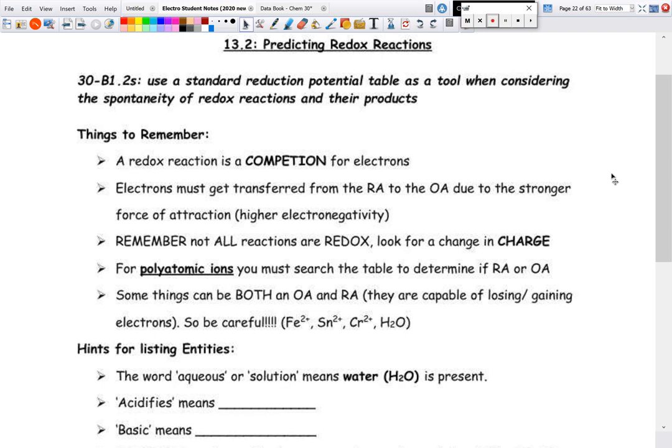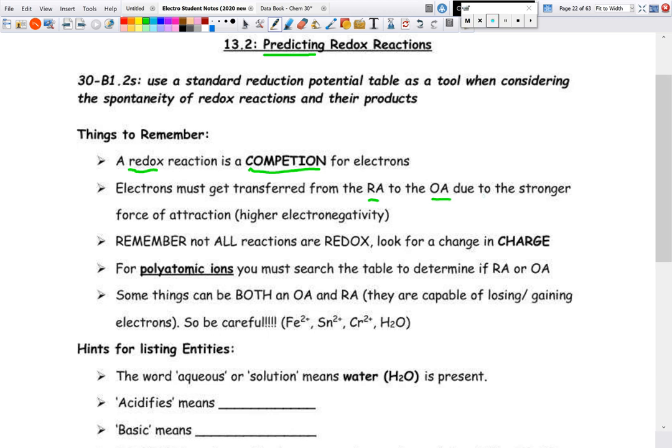Alright, welcome back, and today we are going to be looking at how to predict redox reactions, specifically using our 5-step method that we're going to go over. So the main thing to remember is that every single time we mix stuff together, if a redox reaction occurs, it is a competition for the electrons. So the electrons are going to get transferred from the oxidizing agent to the reducing agent due to the stronger